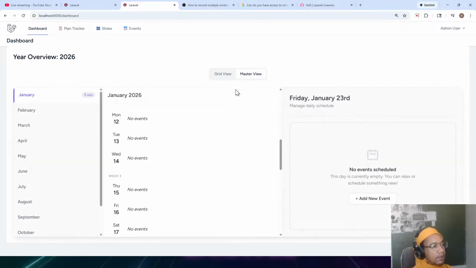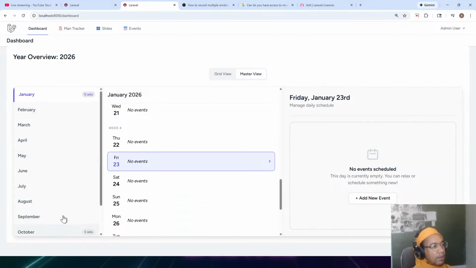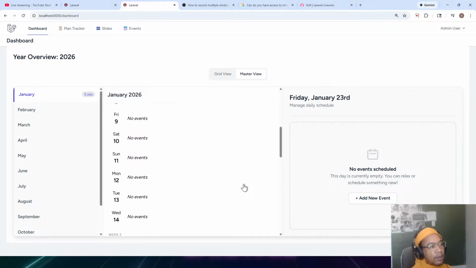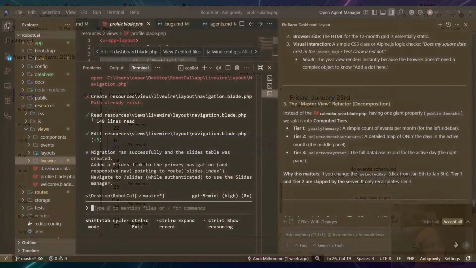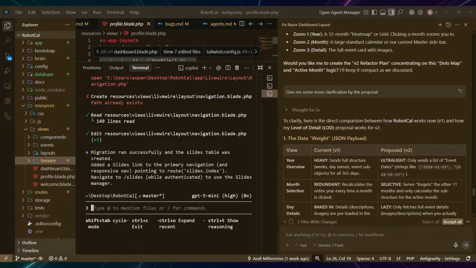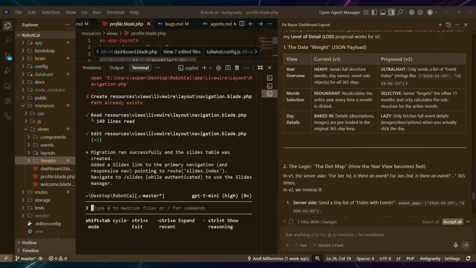It goes into the master view. So the master view is more like that. It goes into the active date. There's no event scheduled. We hide it. I think for now what we should do. Let's look at, okay, so it says,